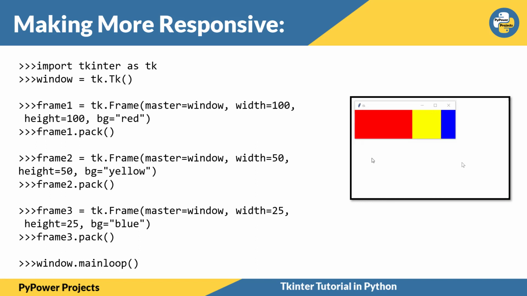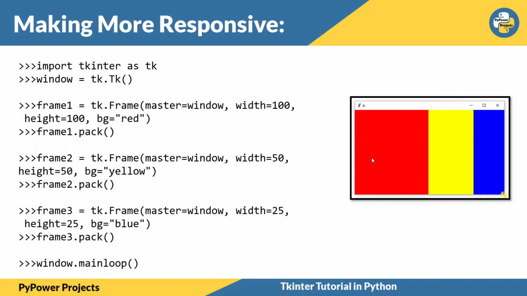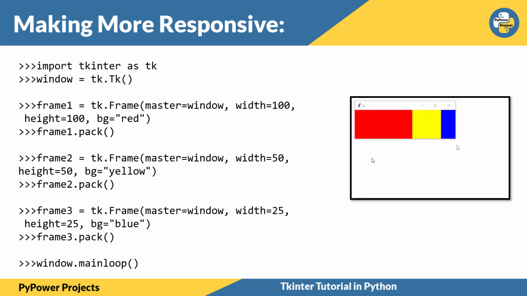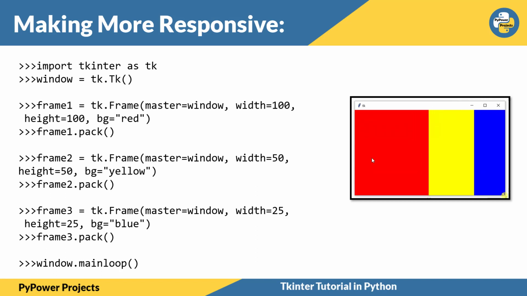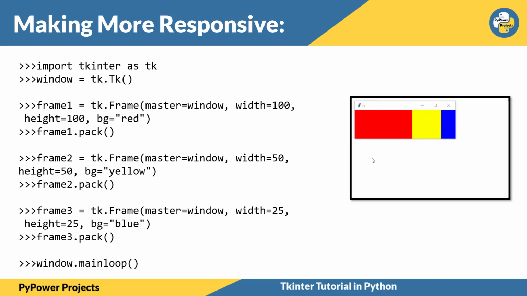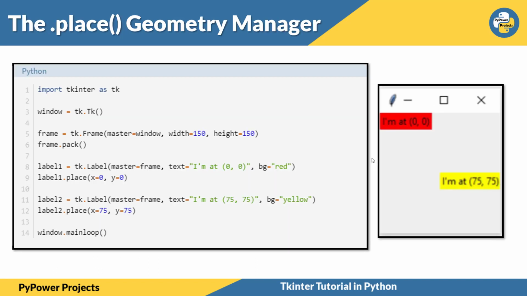This is how .pack works. It is quite smart, so we need not worry about it too much, but we should know certain features of how it behaves. It might be helpful, and sometimes it might be contrary to our expectations. So these are the pros and cons of every feature. Now we'll see the .place geometry manager.